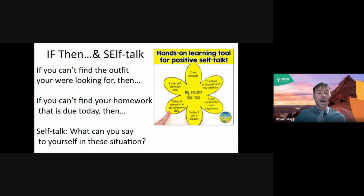And then self-talk. What can you say to yourself in these situations, right? And this is just so important to practice because when we don't have the positive self-talk, that can turn negative very easily, right? So you have all these different things on our positive self-talk flower, right? I believe in myself and my abilities. I can control